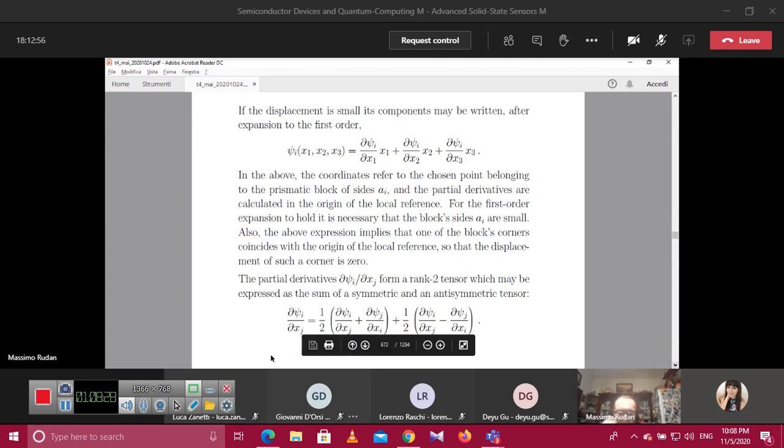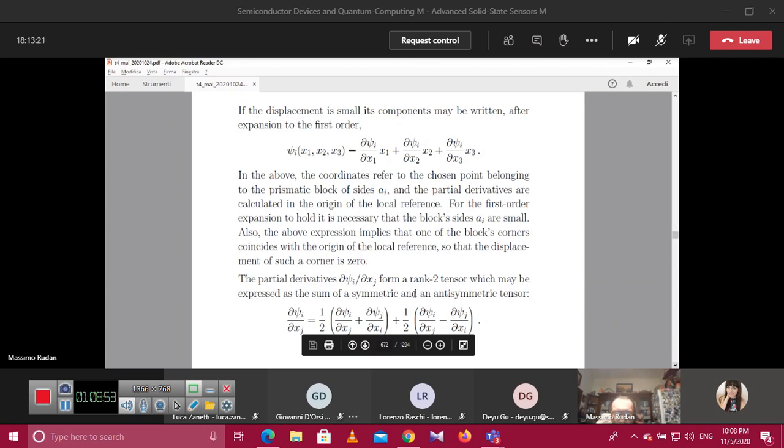So this quantity, this derivative dpsi_i over dx_j, is a rank 2 or order 2 tensor of side 3, it's 3 by 3, okay,